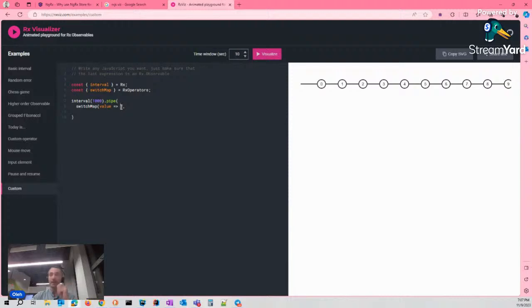If I use another interval with another value, such as 2 seconds, what will happen? First, our original generator will produce a value each second, but switchMap will take over it and return a new interval with a 2 seconds delay.